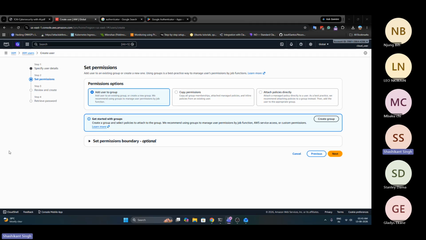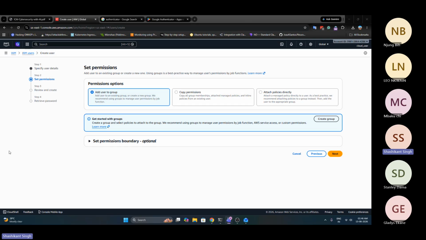But the problem is in companies and organizations, you have so many users, right? You can have thousands of users. And the worst part is you cannot go to each and every individual user and give them whatever permissions they need, because from time to time they will need some permissions that they don't have, right? So in that case, what we do, we create a group. The group performs two purposes. First of all, segregating the users and putting them into their designated groups, right? And the second thing is